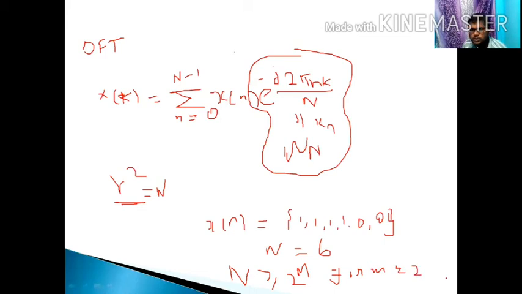Okay, if we substitute here 2, 2 to the power 4, 4. So here 8, 8 greater than or equal to 4, isn't it? So suppose if I substitute here for m equal to 3, so what will happen? Our formula becomes n less than 2 power m. This is for m equal to 3. So here 8 less than or equal to 8.